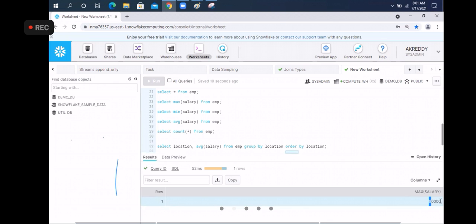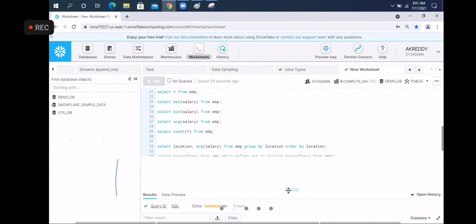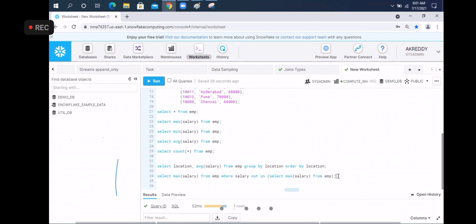So you can expect the second highest salary. I hope they won't ask you the third highest salary. So if they do ask you the third highest salary, then it is